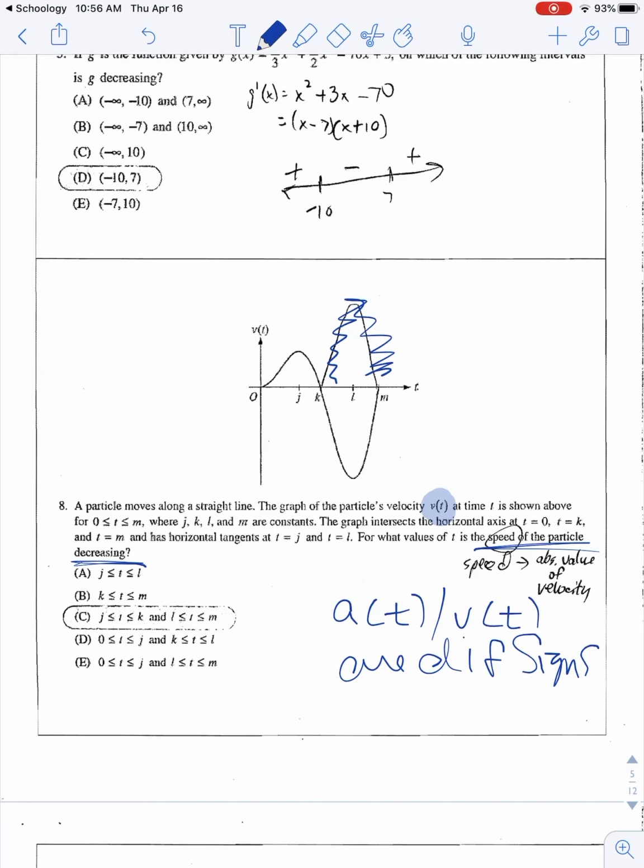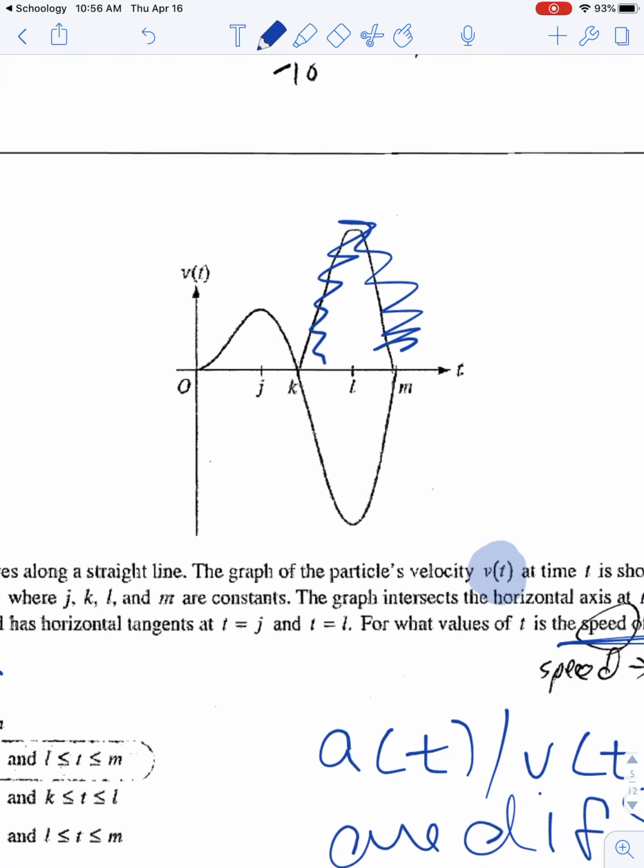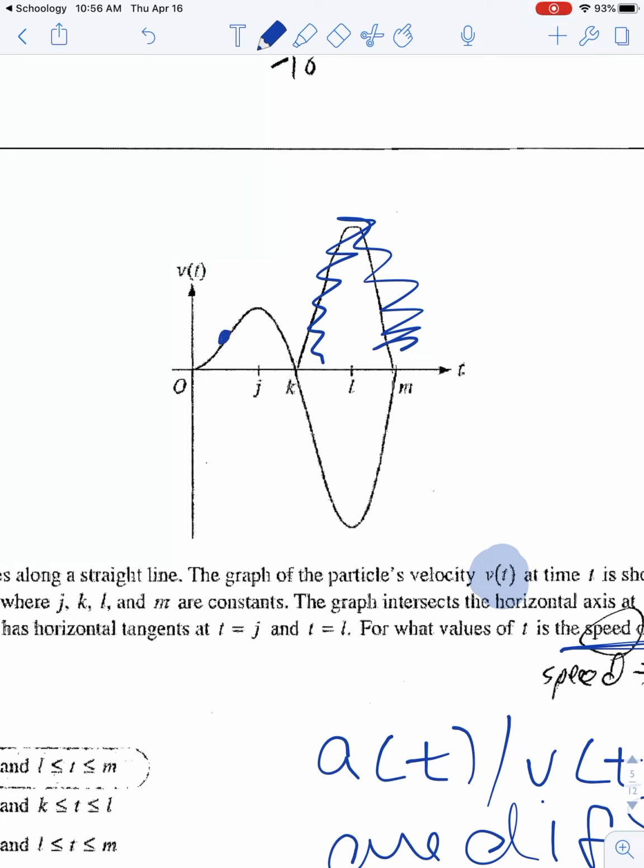Acceleration, which is the derivative of velocity. So I'm thinking of the slope of the tangent line. The slope of the tangent line here is positive because velocity is increasing. That means its derivative will be positive. So that's when they're the same sign. That's when it would actually be speeding up. But here,